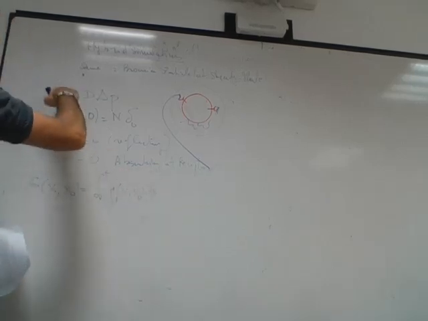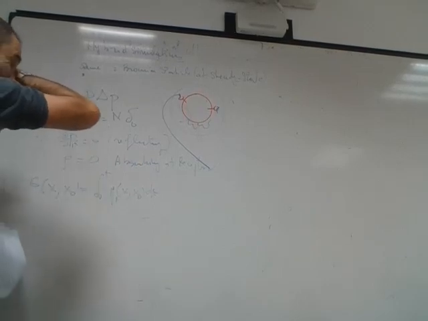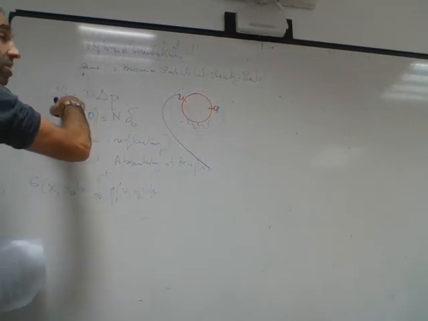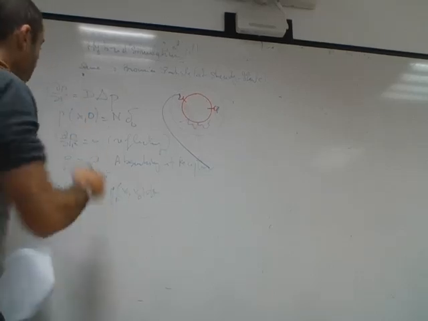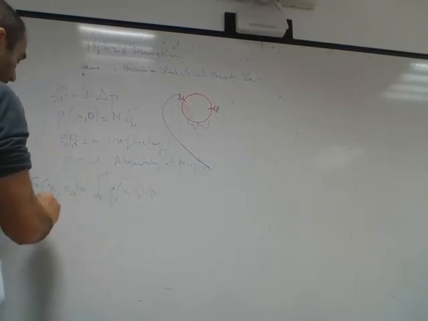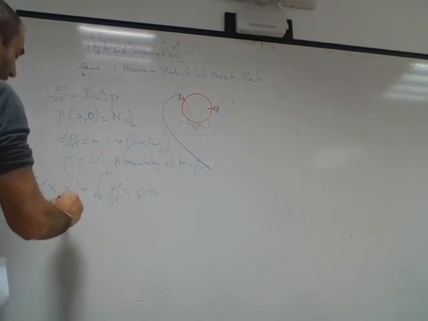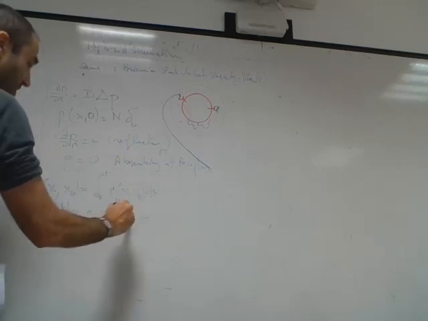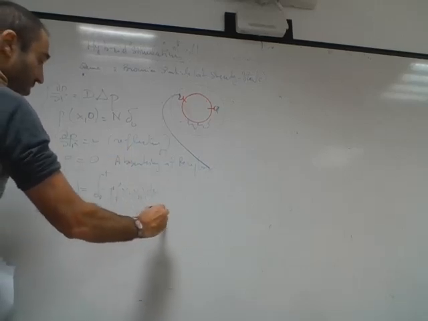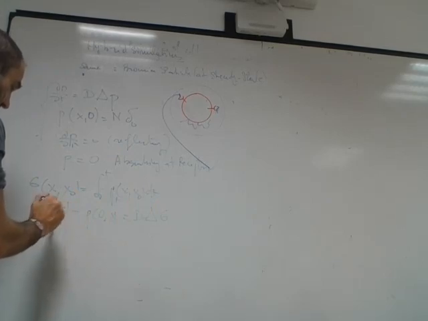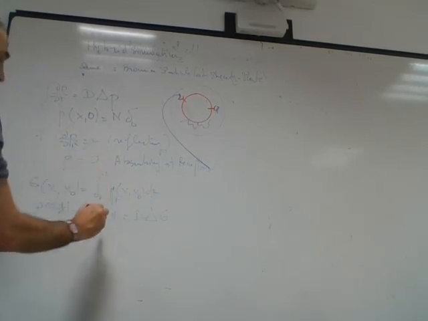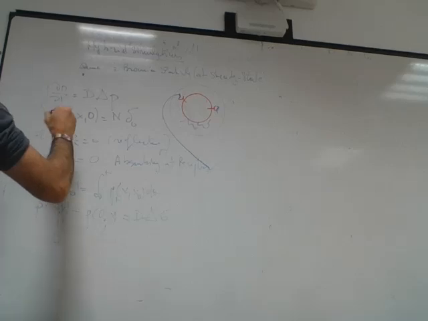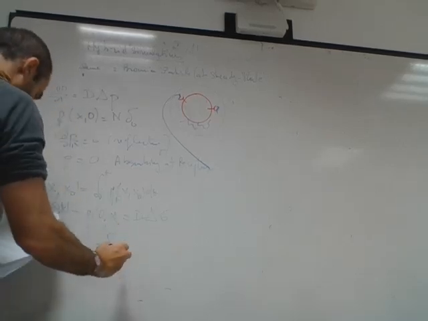Integrating a derivative gives p at infinity, which is 0, minus p at 0, which is a delta Dirac, equals D Laplacian of G. So this is 0, and this is by definition the Dirac. So you get minus delta